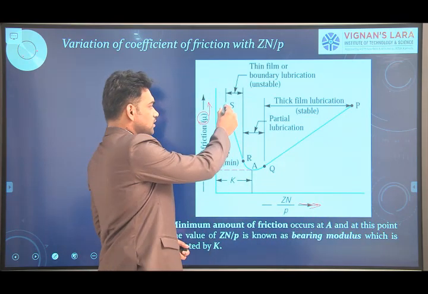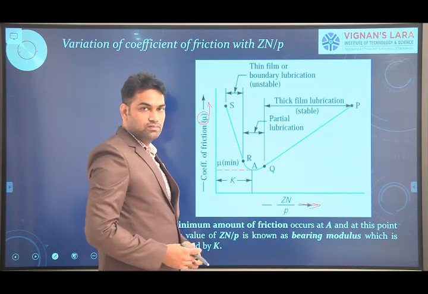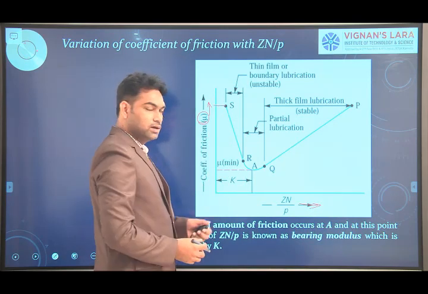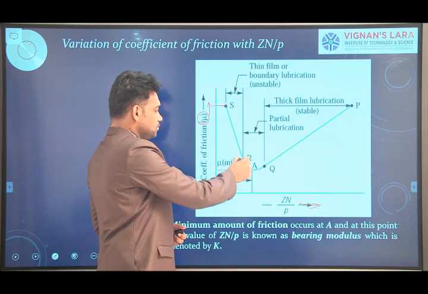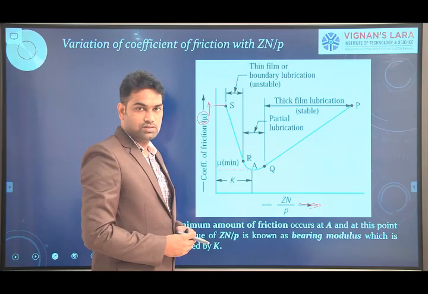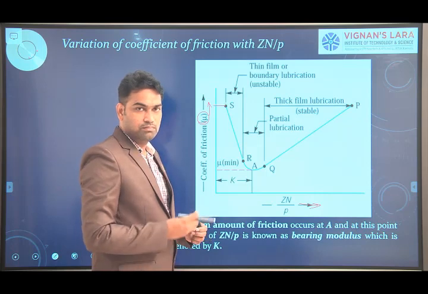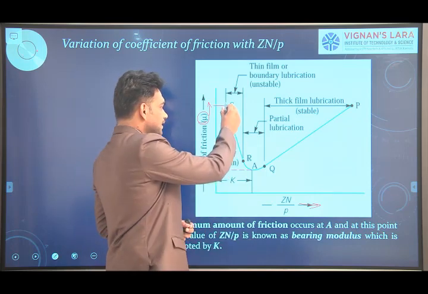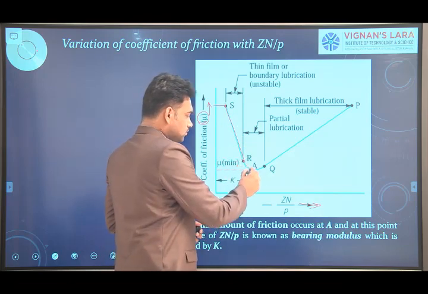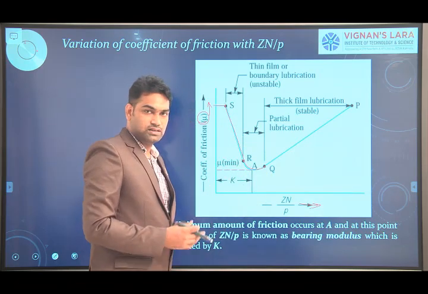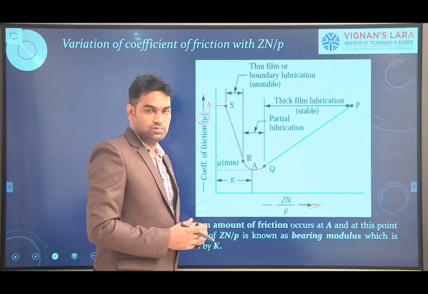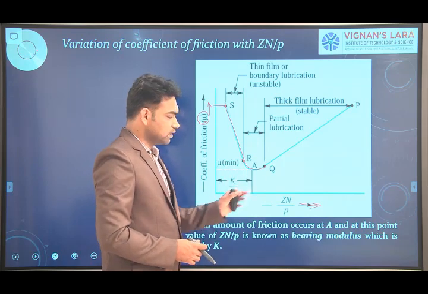Initially there is a starting. At the starting of the journal, it is at rest and the friction is very much higher. Coming to the case from S to P, it starts with some slow rotation of the journal, which forms a thin film, so the friction gradually decreases, and then it can operate in the mixed condition, that is the transition stage from thin film to thick film, as R to S and R to Q indicate.